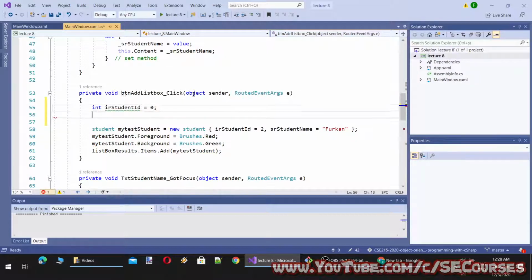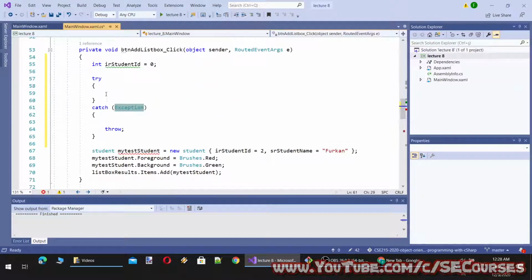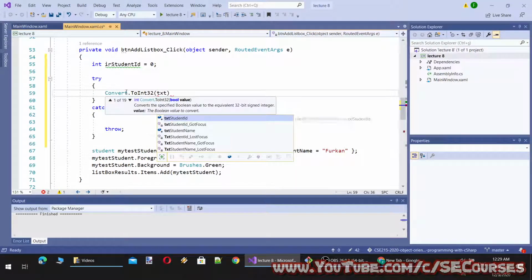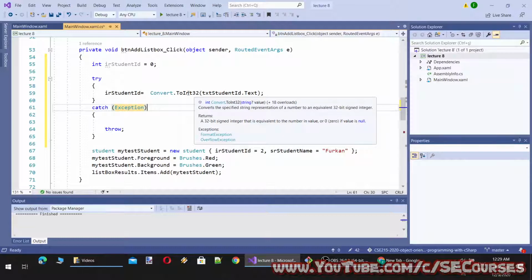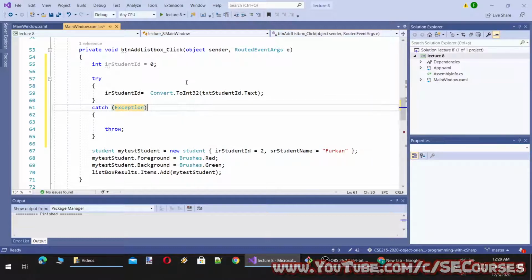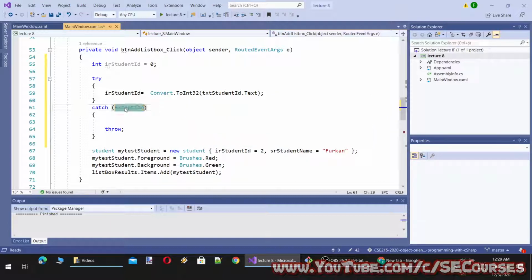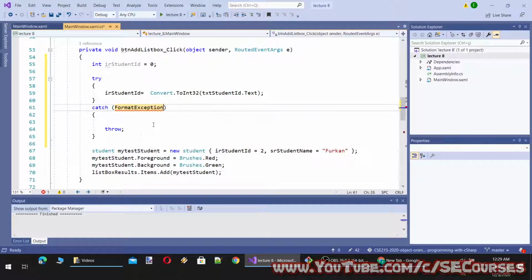equal to 0, and we will do a try catch. Okay. So the Convert.ToInt32 method can cause two exceptions, which are format exception and overflow exception. So I am going to code specific cases for each one.